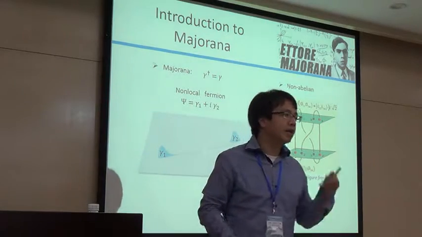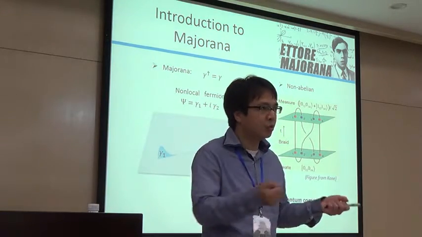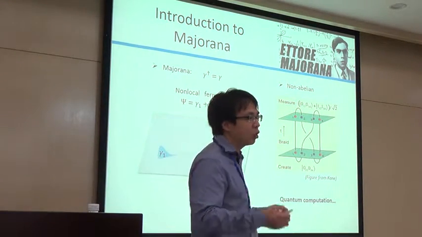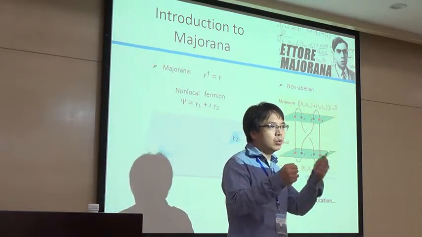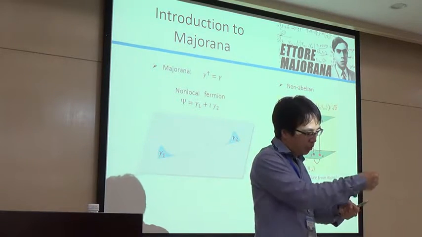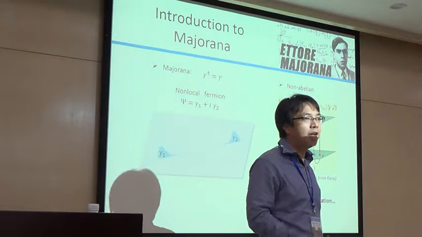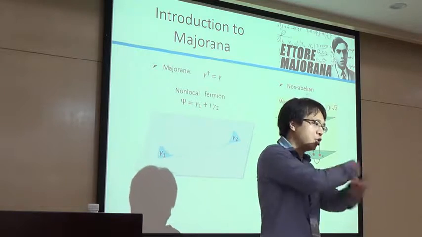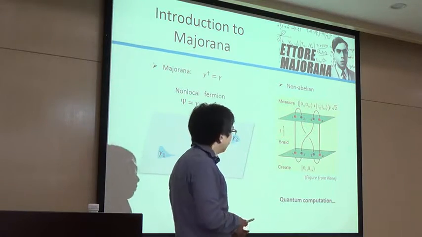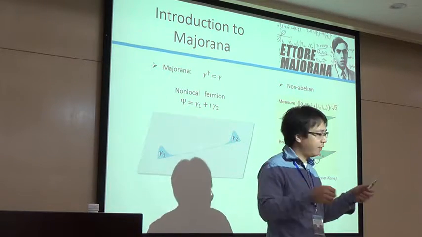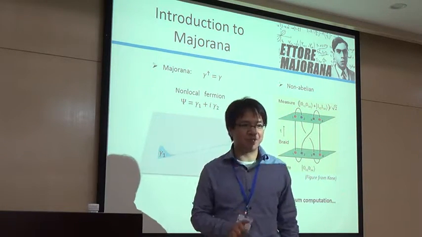Usually, you know that in quantum mechanics, when you braid two bosons, the total wave function will not do anything. If you braid two fermions, your total wave function will acquire a phase. If it's an exchange, it's pi. But if you do a full braiding, that's 2 pi too. What I want to say is that usually, if you have a few particles and you just exchange the positions, you will not change your wave function.